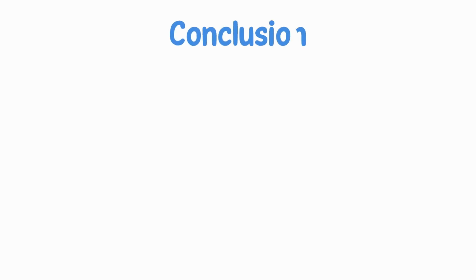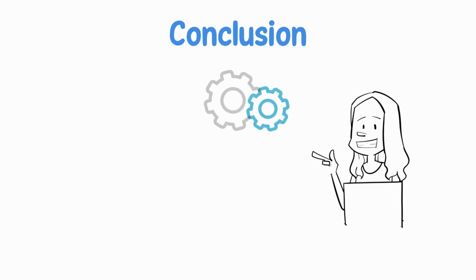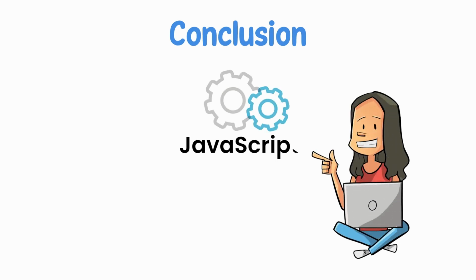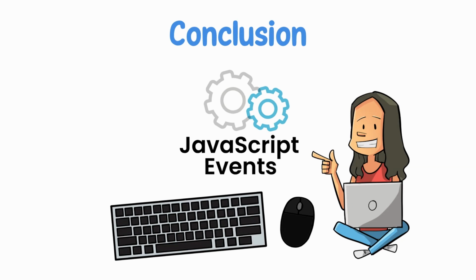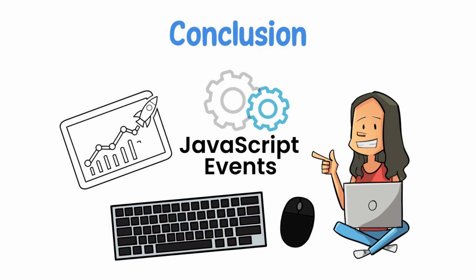In conclusion, you can improve the interactivity and user experience of your website or application by using JavaScript events. Events allow you to respond to user actions such as clicking a button or loading a page. They also allow you to perform actions in response to events like loading a new page or submitting a form. You can improve the responsiveness and usability of your website or application by using events. Why not give it a try? You'll be surprised at how easy it is to add events to your pages and how much of a difference they make.